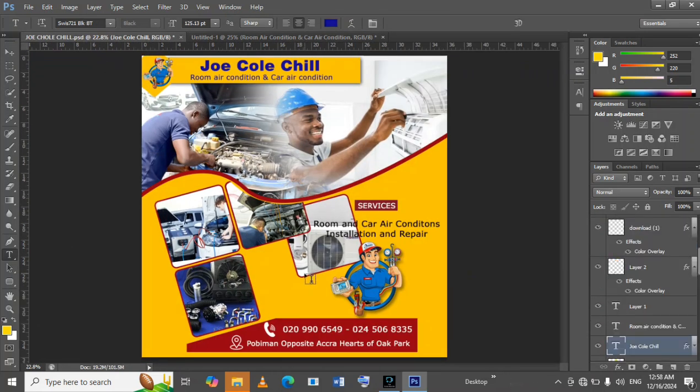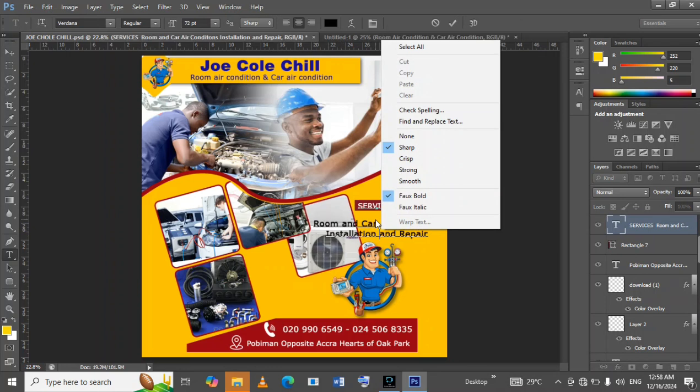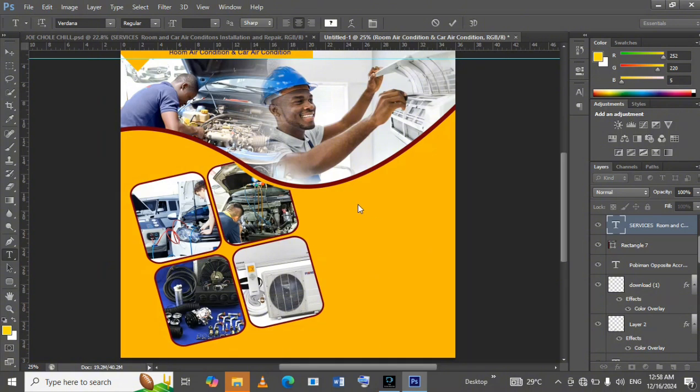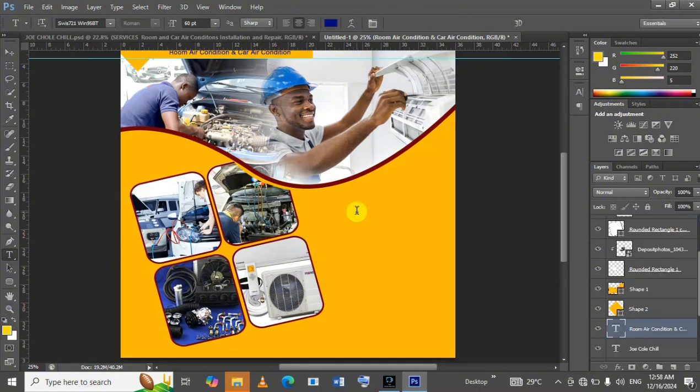I need to add this image. Then we will write here the services and room and car for this. Let me just copy that. I already have it. I just want to make it fast. Yes, so I'll copy, come here, just paste it. Then I'll paste here, because I don't want to type it. Just want to make it fast for you to understand. So as for you, you will